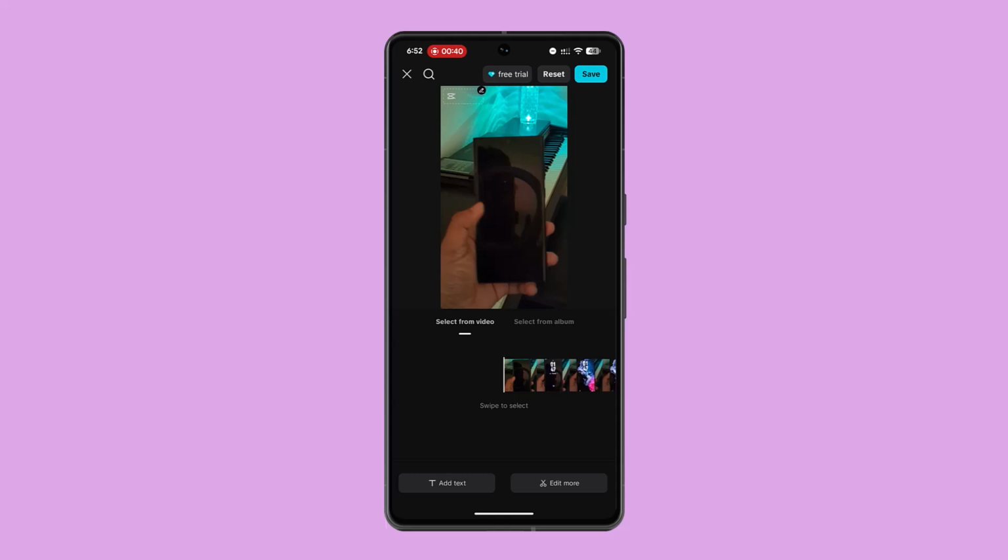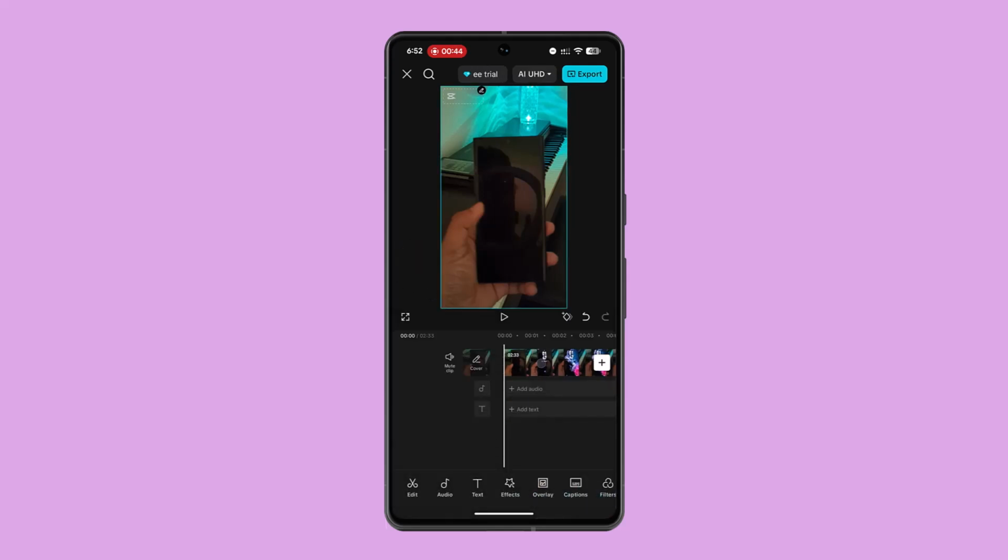When you do this, you need to select the video from the timeline, and you can now select the square icon at the bottom and then start adding transition clips. You can select the duplicate, or you can also look for effects, and that's where you're going to find the transitions between clips in CapCut. This way you should be able to add transitions between clips, and you can also explore other filter options